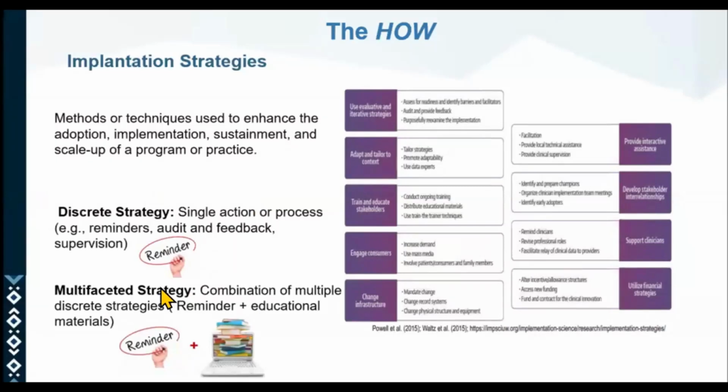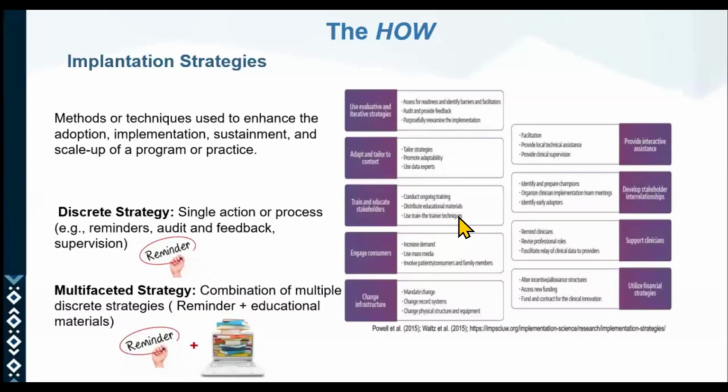So all of these are implementation strategies to improve the use of the mosquito net. There we have our object of implementation, that is the EBI, the mosquito net. And then we have our implementation strategies, what we are going to do to make people use the mosquito net. So we actually have a framework, that is the ERIC framework, where we have close to